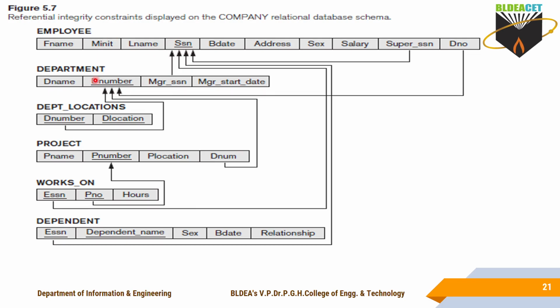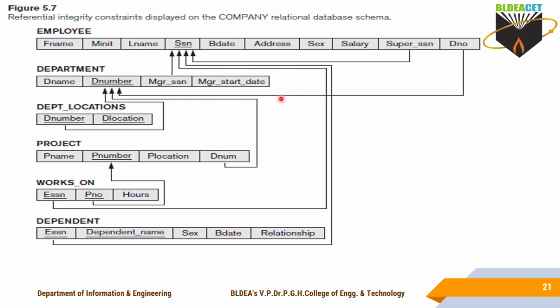Employee and department are related, because an employee must work for a department. To show that relation, what procedure are you using? You are using the concept of foreign key and primary key. In the dependent table, you take the attribute as a foreign key, and in the parent table that attribute must be the primary key. From which table are you referring? So here DNO is what? Foreign key. It refers to which table? Department table, D number here. That you have to specify in the form of an arrow.